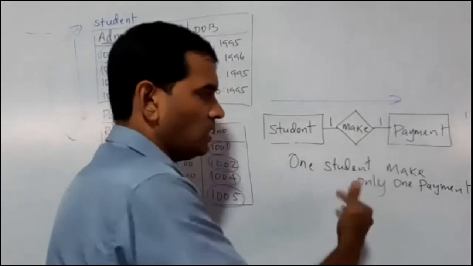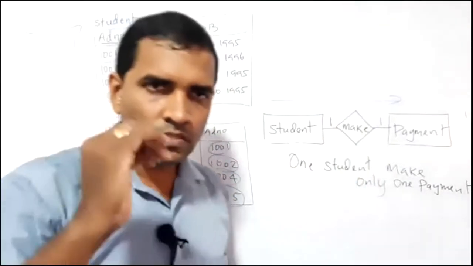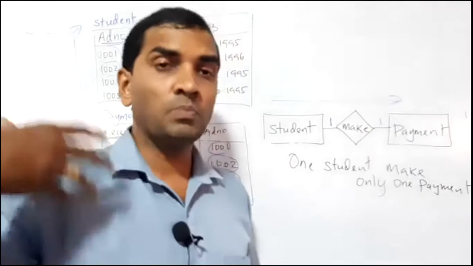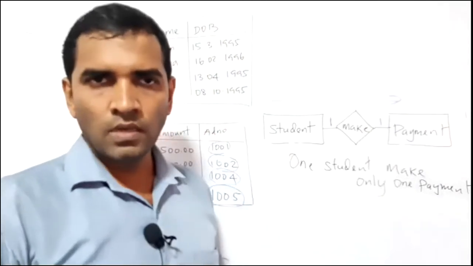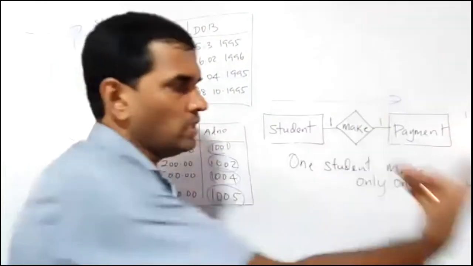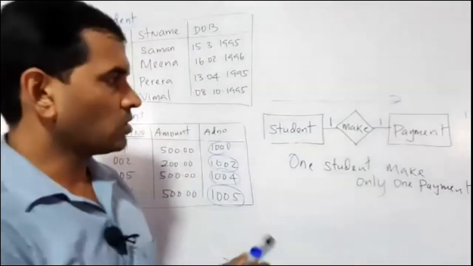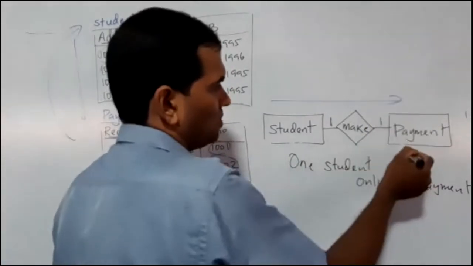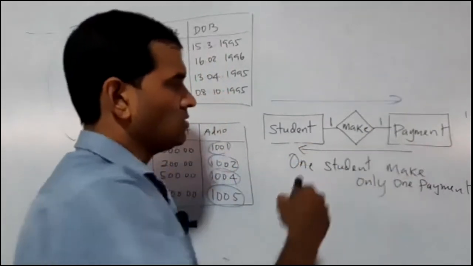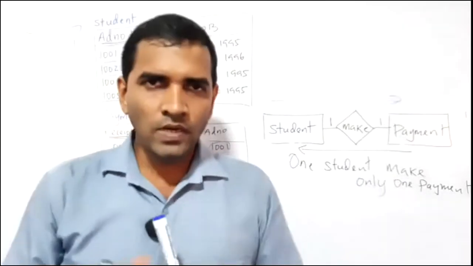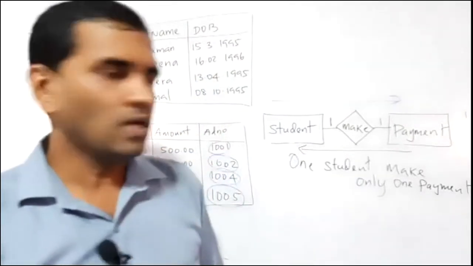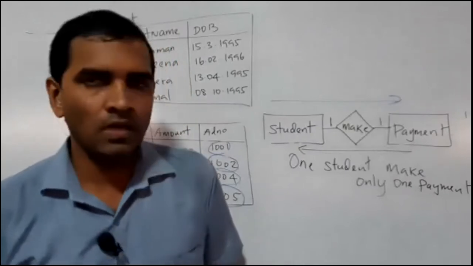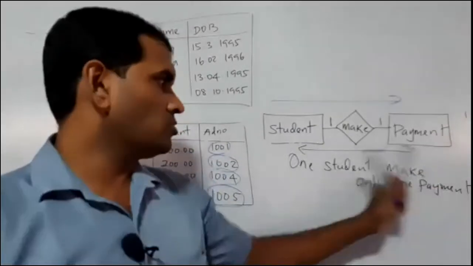Now, from student to payment, we have extracted a meaningful description. One student can make only one payment. But this is not enough, this is a partial meaning for one-to-one here. It will be completed when you take the opposite meaning, right? So try understanding the opposite one. Now we are taking the opposite direction, from payment to student. Does anyone have an idea what the meaningful description should be from payment to student? A payment is paid by a student.